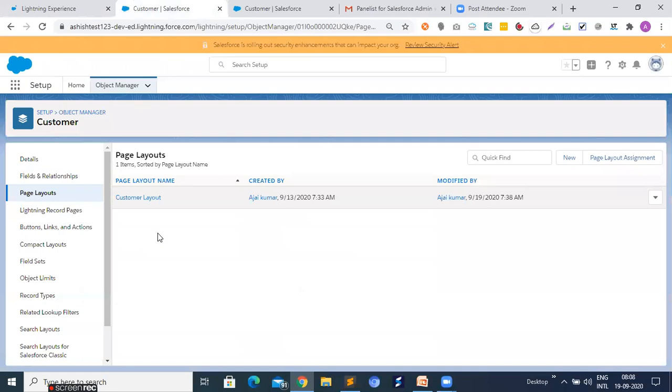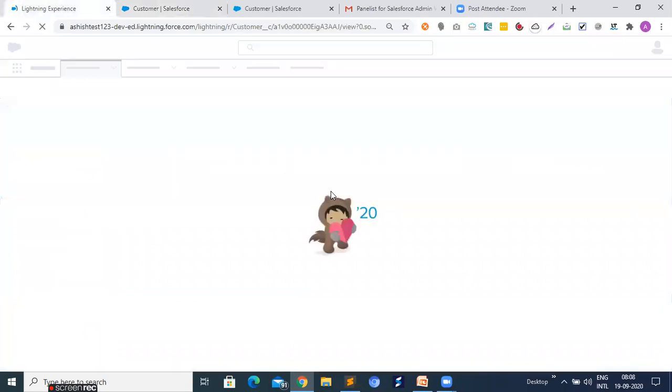We can create another layout and we can introduce that field in this particular area, right? So we can create two page layouts in this manner.